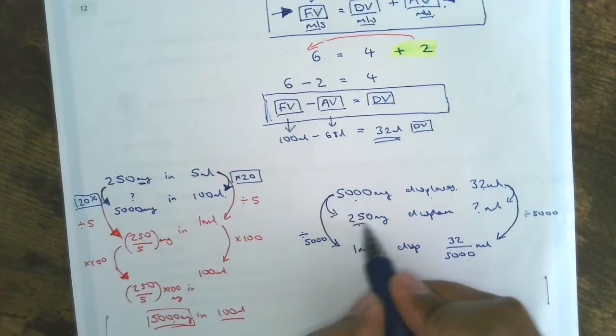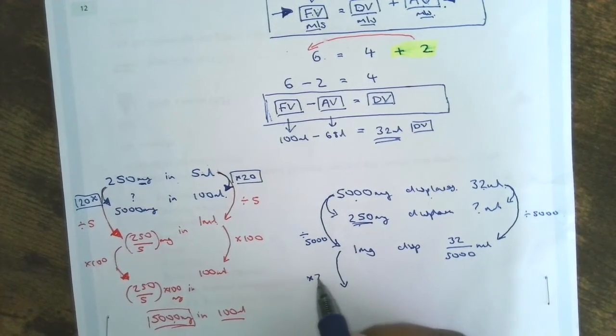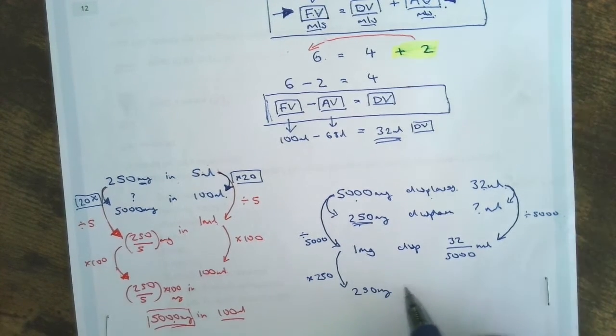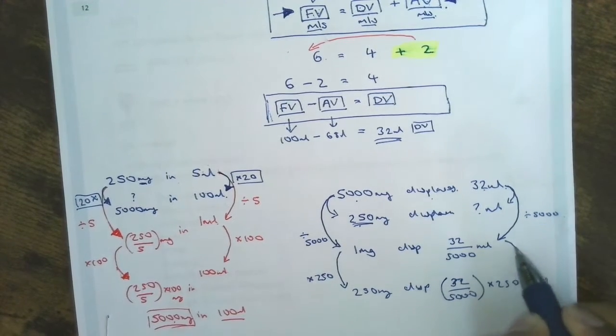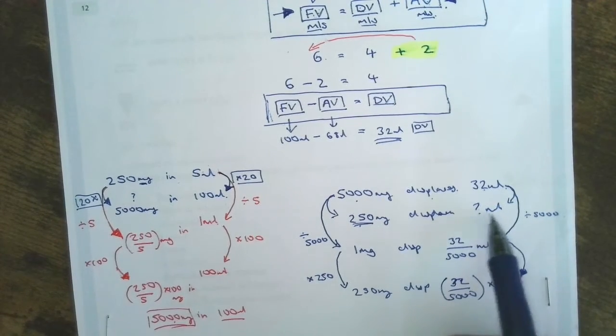And I want to know 250, don't I? So what am I going to do? I'm going to multiply now by 250 to get 250 milligram. So I'm going to do on this side 32 divided by 5,000 multiplied by 250. So what we're doing essentially is we're saying, look, when you need to work out a number,